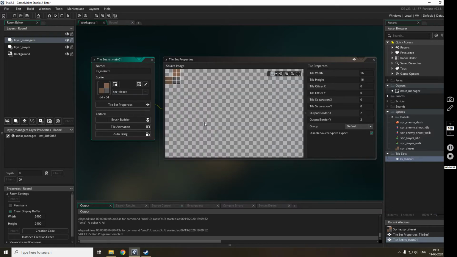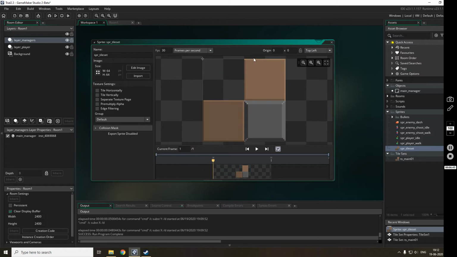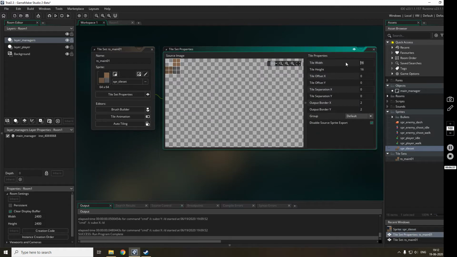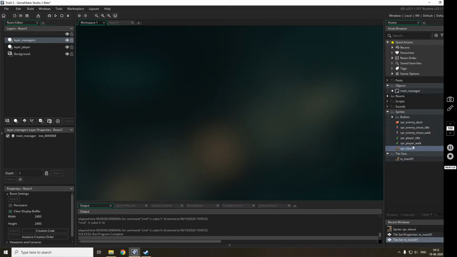Okay, now I'll have to give the size. This tile set is basically 64 by 64, and the target size of one tile is 32 by 32. So it is a square of 32, and I'll have to give 32 here. Then the number of cells, okay, it's not asking me for that. Maybe it will take it by default. Now I will close it. My tile set is ready.